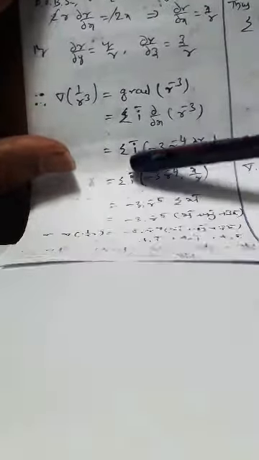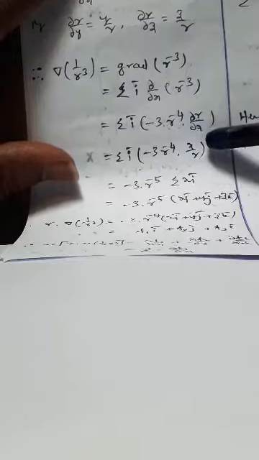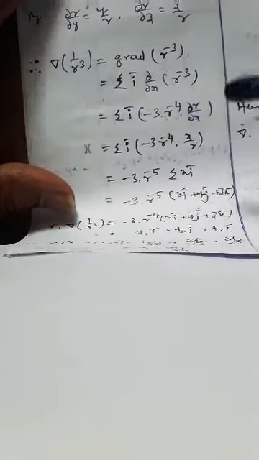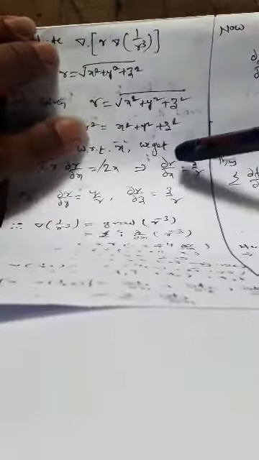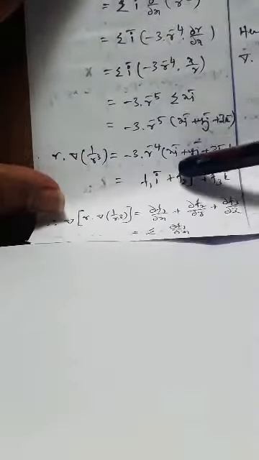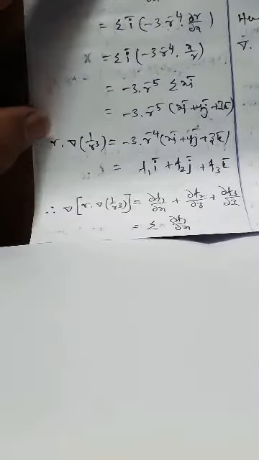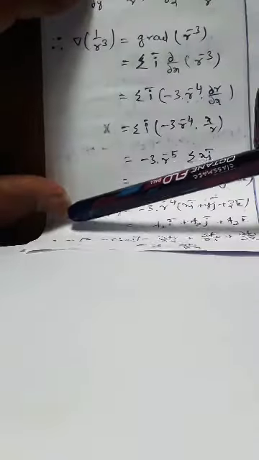Now the first one, we have to take the del of 1 by r cube. Del of 1 by r cube is nothing but grad of r power minus 3, and grad is what? Summation I dou by dou x of r power minus 3, summation I derivative of this one, minus 3 r power minus 4 dou r by dou x. Summation dou r by dou x, just now we have seen, dou r by dou x is x by r. So next apply summation xi plus yj plus zk over r power 4. This is in the form of f1i plus f2j plus f3k, we have done.